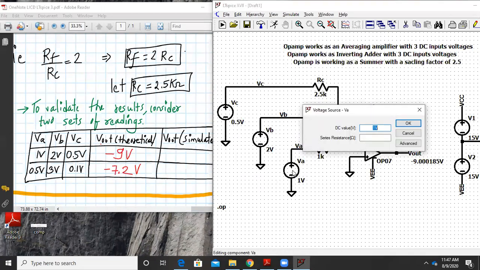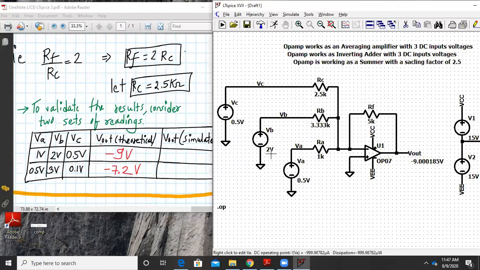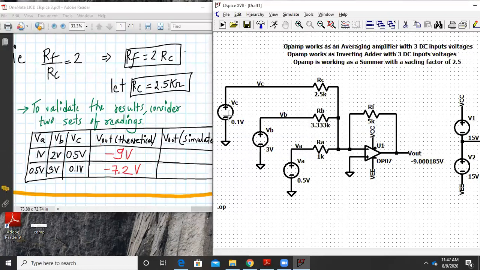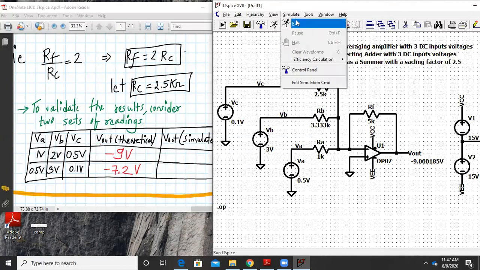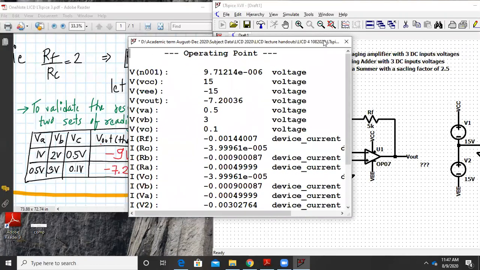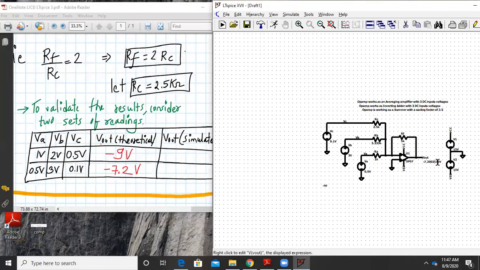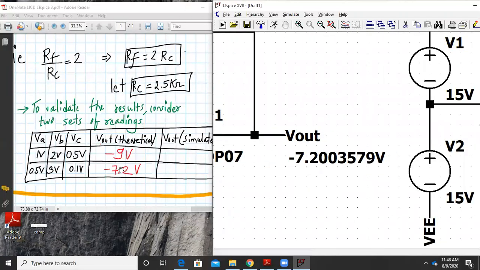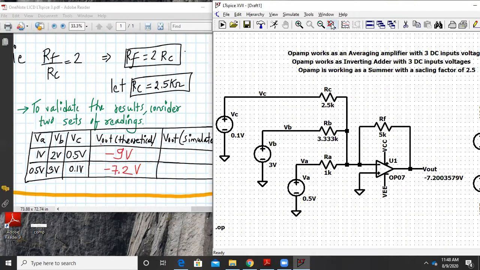So let's consider VA as 0.5 volts, VB as 3 volts, and VC as around 0.1 volts. If we do that, we are expecting an answer close to minus 7.2 volts. So we'll simulate, click on run, and we are getting output as minus 7.2. So here also it's giving output very accurately. As you can see, we are expecting an output of minus 7.2, and we are getting with the op-amp the output of minus 7.2. So the op-amp works really well as a